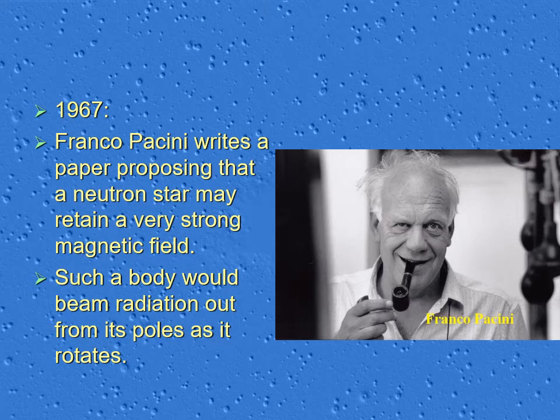Now, a number of decades passed, and then an Italian astronomer, Franco Pacini, comes along, and Pacini starts suggesting that a neutron star is not all neutrons. Mathematically, he said there should be some protons left in there. And now we know that if something is rotating and shrinks smaller, it rotates faster and faster. So he suggested mathematically that a neutron star ought to rotate in a second or so. And so instead of taking weeks to rotate like a star would, it'd rotate in seconds.